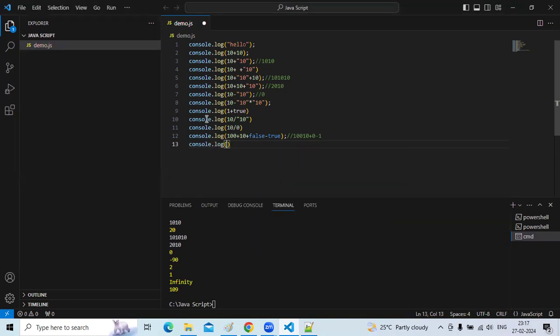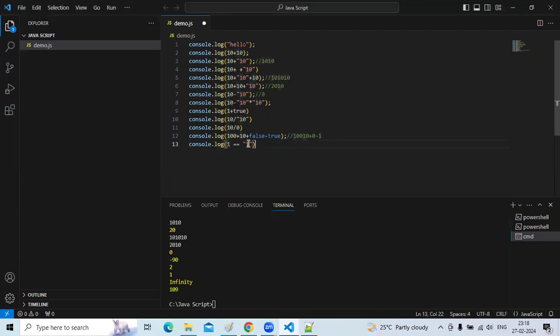I will tell you a simple example. Console.log 1 double equal to "1". See, it compared both values, left side value and right side value. The left side value is 1. On the right side, the data type is string, it is in double quotes. But what is the value? The value is 1, right?